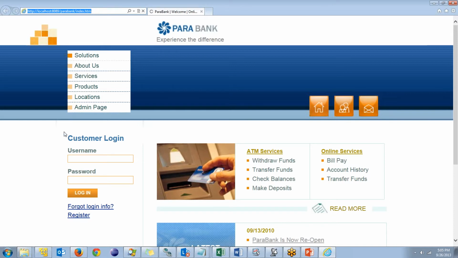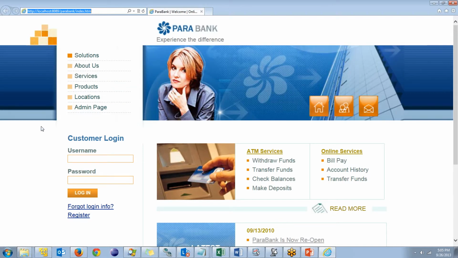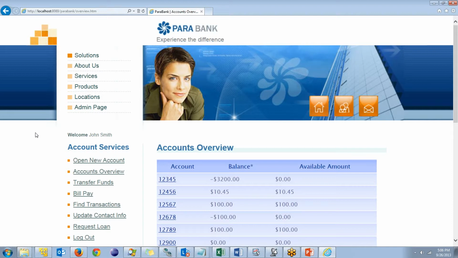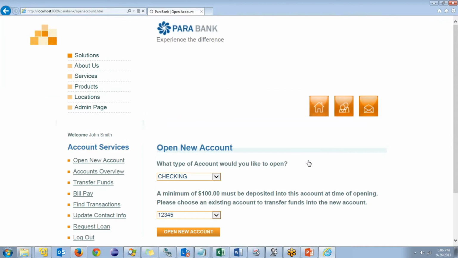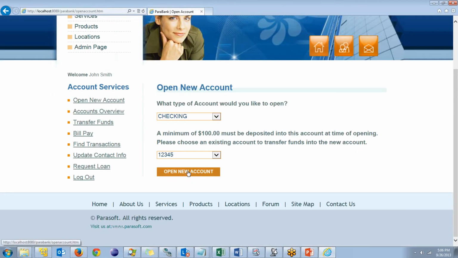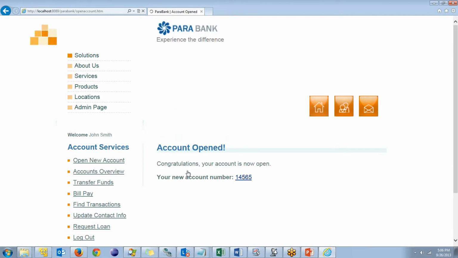So what's happening is SOAtest is going to launch Internet Explorer, take me to Parabank, and I'm going to go through my scenario here. And what we're going to do with our scenario is I'm going to log in, and I'm going to create a new account. So John, demo, log in. And this, as you might expect, bank has many different operations, right? I can transfer funds, pay bills, request loans, or open a new account, in which case this is what I'll be doing. So let's go through, open our account,